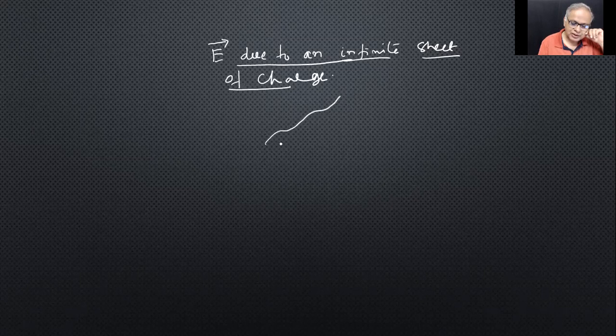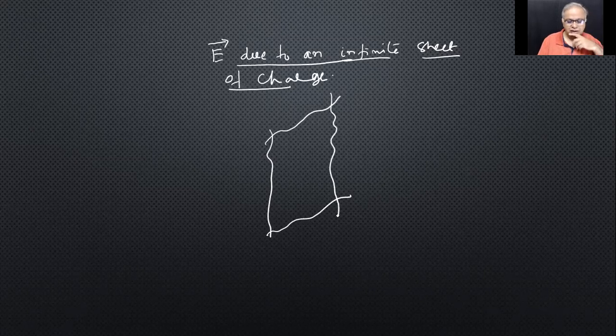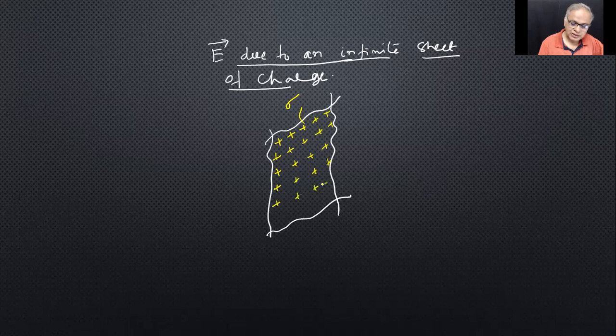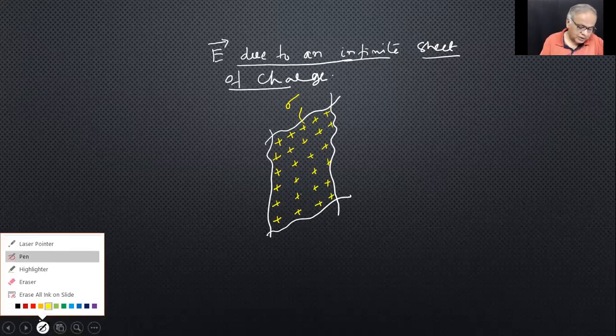I'll show like this. I'll put some kind of a thing like this to tell you that it is extending up to infinity. It's not finite. And let me put charges. Once again, uniform charge distribution. This is sigma, charge density sigma. In the very beginning, I told you how to take this sigma, lambda, rho. Rho is volume charge, lambda is line charge, sigma is surface charge. Now, what kind of a line pattern you get,